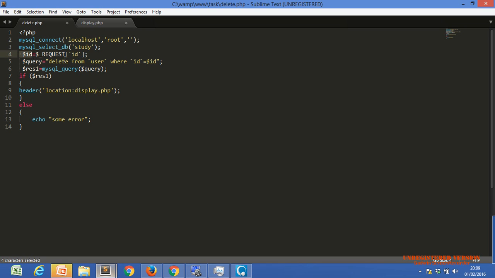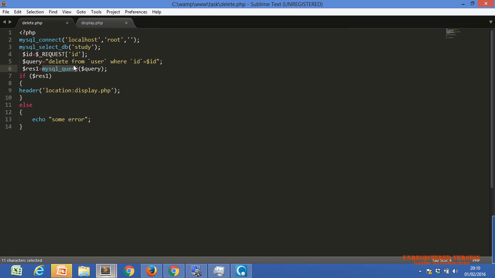Okay. So we just write a delete query, delete from user where ID. This is because we need the ID, that's why we are carrying this ID. We are fetching that ID. We need this ID for deleting a particular record. So we deleted our record, and MySQL underscore query is used to fire the query.